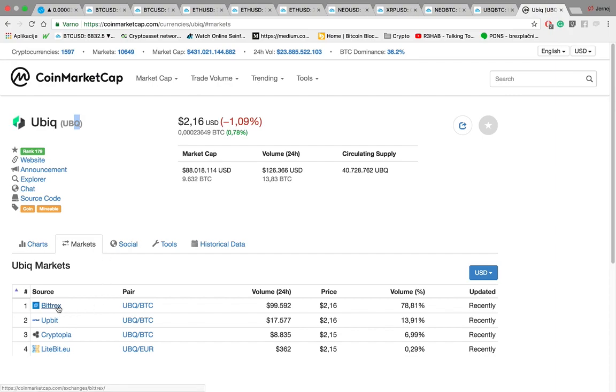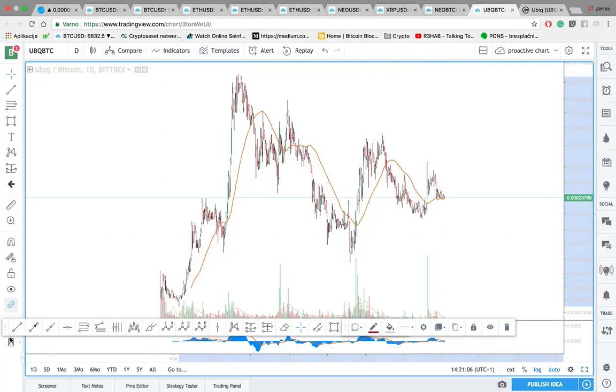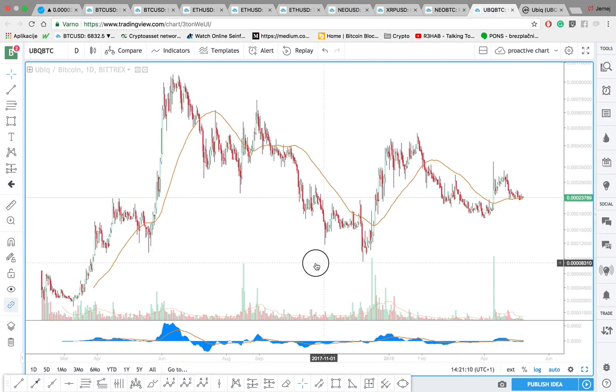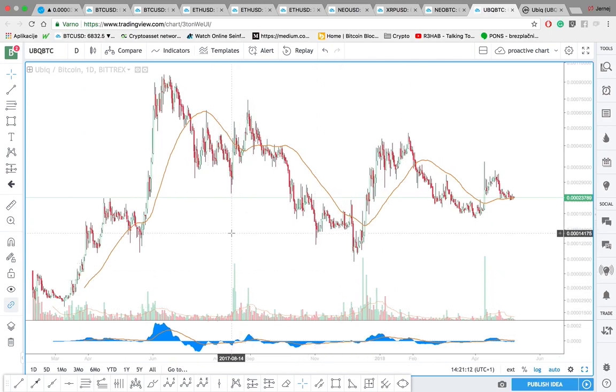It's traded on Bittrex, Upbit and Cryptopia. We're going to use the Bittrex chart because that's where most of the volume comes from. Total market cap is 88 million, so relatively speaking, a really small market cap altogether in this crypto world. So we have the daily chart here, and the first thing I noticed when I opened this, and I was already drawing it a little bit,